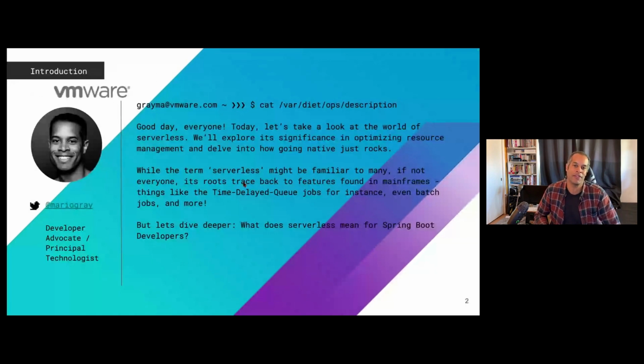I'm Mario Gray. I'm a developer advocate at VMware. I've been here about 5 years now, maybe 6, thank God. And I'd like to talk to you about this thing that we call serverless. It's really an optimization. And if you've ever heard of optimization being the root of evil, optimization is that. However, optimization is also necessary towards mid-cycle. You don't want to spend 50% more resources than you normally would. And that's where things like serverless come in. They help optimize costs and sometimes complexity.